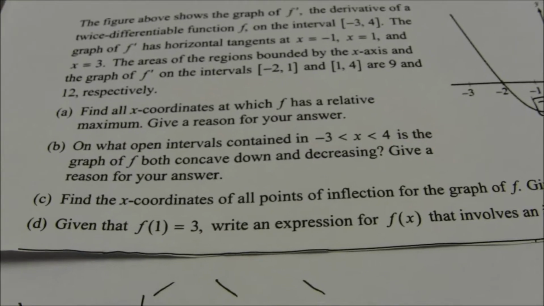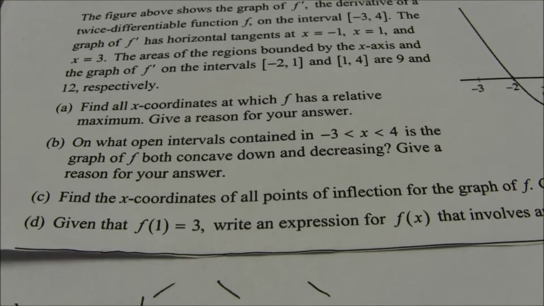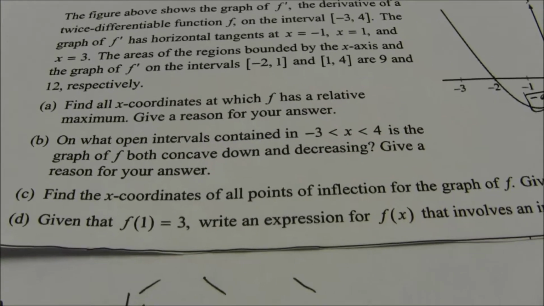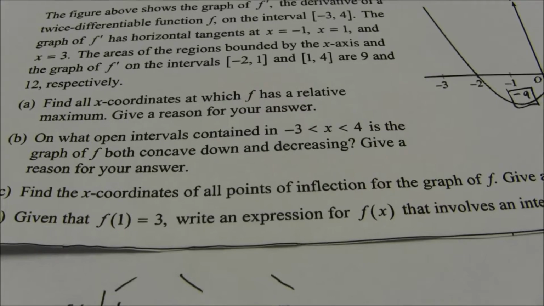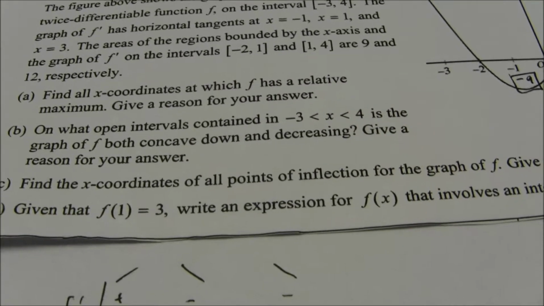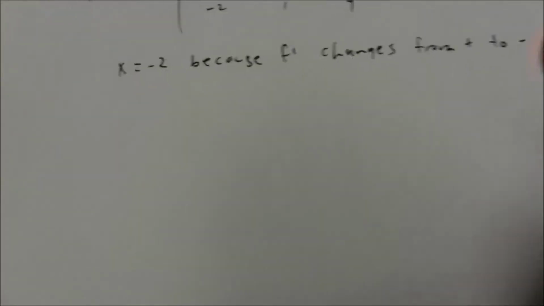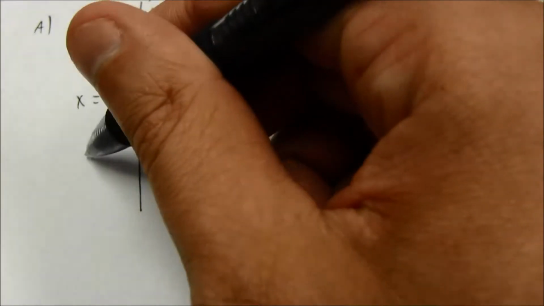Part 2. On what intervals between -3 and 4 is the graph both concave down and decreasing? Give a reason for your answer. So concave down would be a negative second derivative. Decreasing would be a negative first derivative. So I'll go ahead and put together a second derivative table here